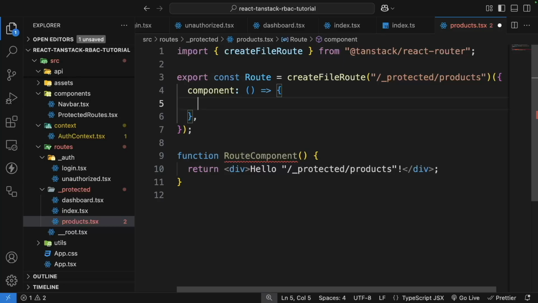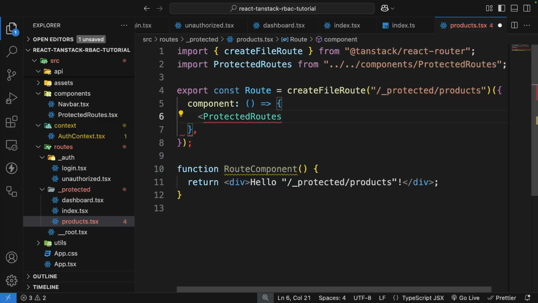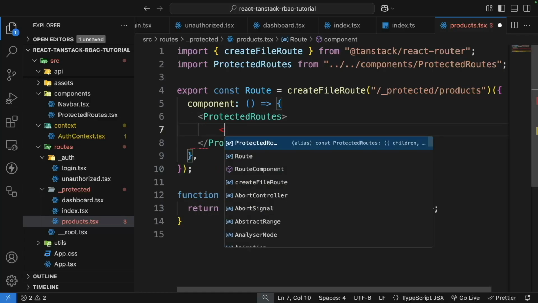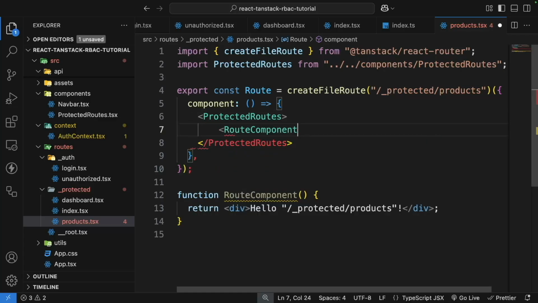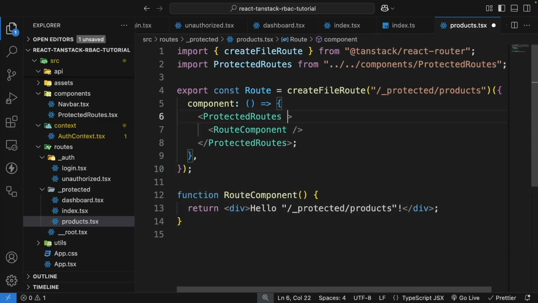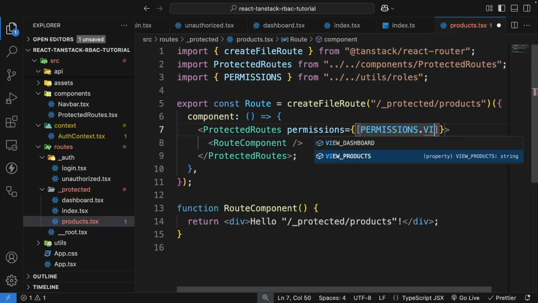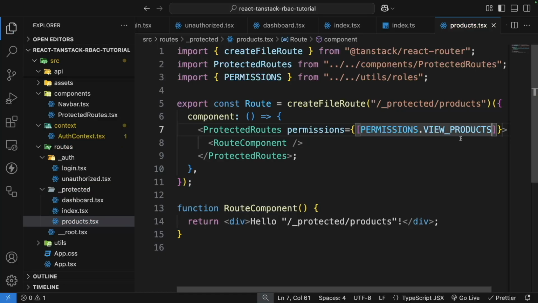Okay, now I'm going to have the protected routes here. So let me have the protected routes. All right, now inside the protected routes, I can have my route component. And I want this to only be visible if you have the permission. So if the permission is, let me have the permission dot view products. If you have a permission of view product, you will go to the products page, but anyway we have